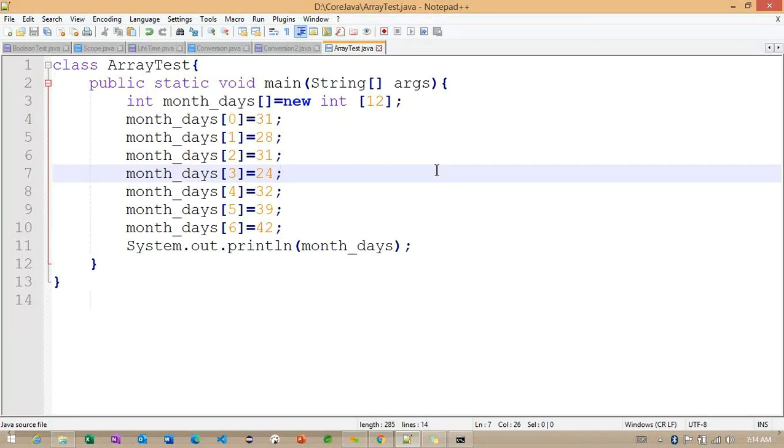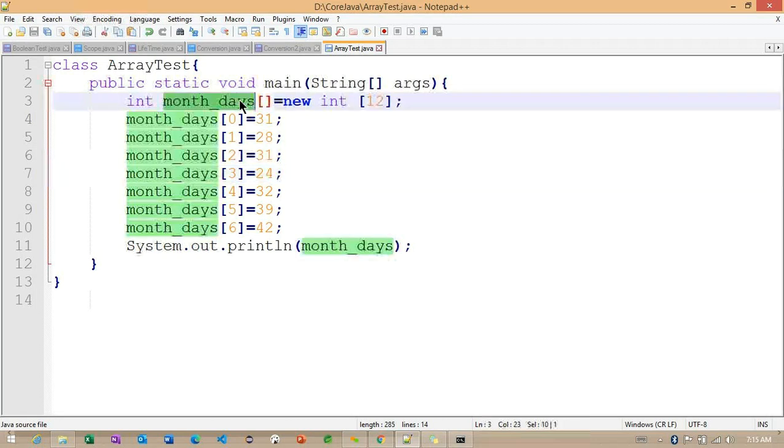If we change the name of the variable, I mean instead of month_days we give some other name, will the value change? Because it might be a new object.